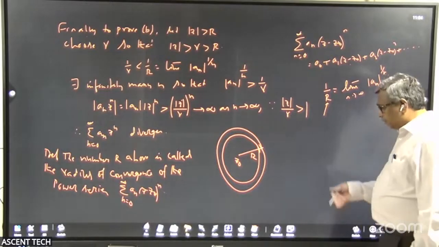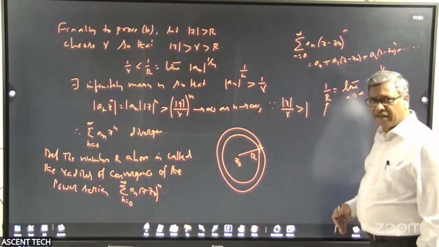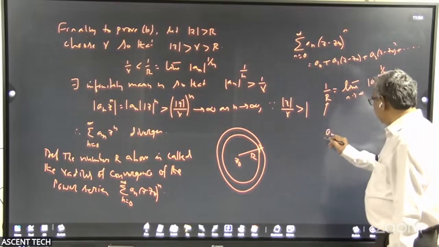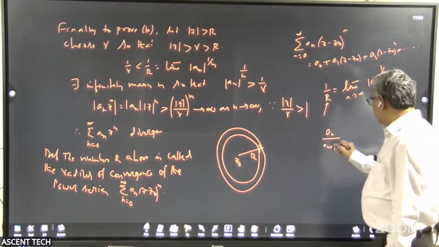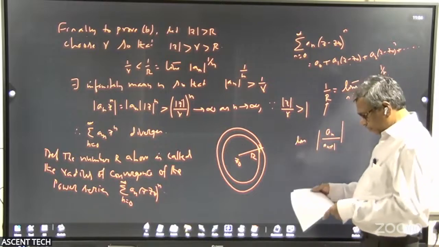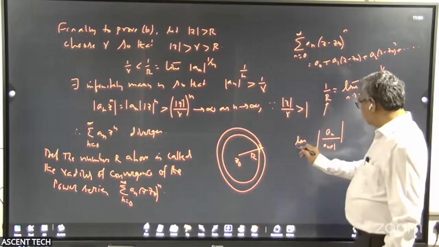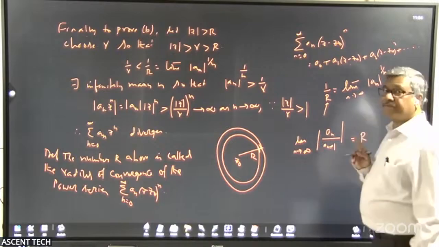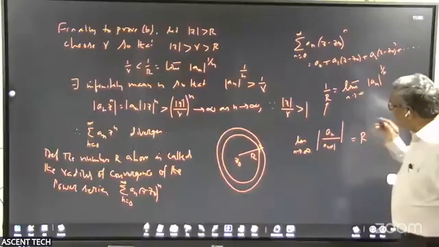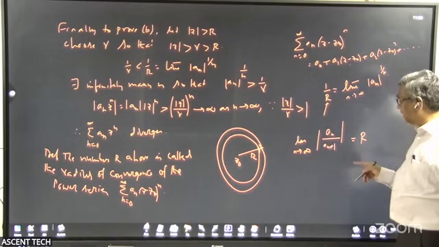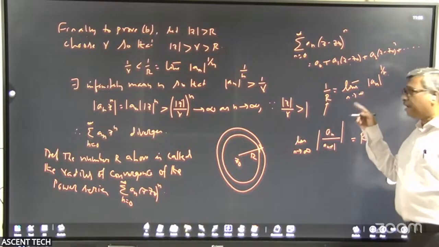I think very soon you might read it already in the textbook. The immediate result of that is, in case the limit of the modulus of a_n by a_{n+1} as n tends to infinity exists, in case this limit exists, quite similarly you can derive that. That is very nice. Actually, finding the radius of convergence from this formula is easy compared to finding it